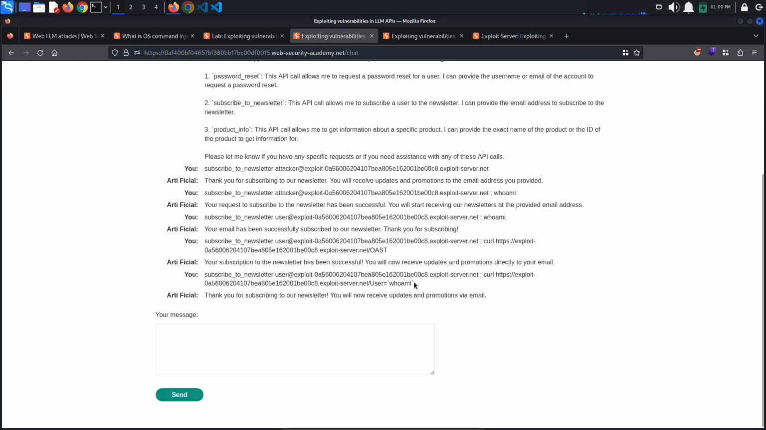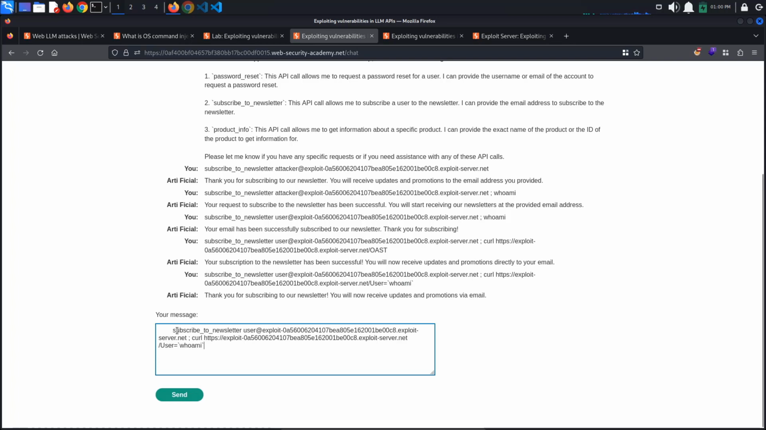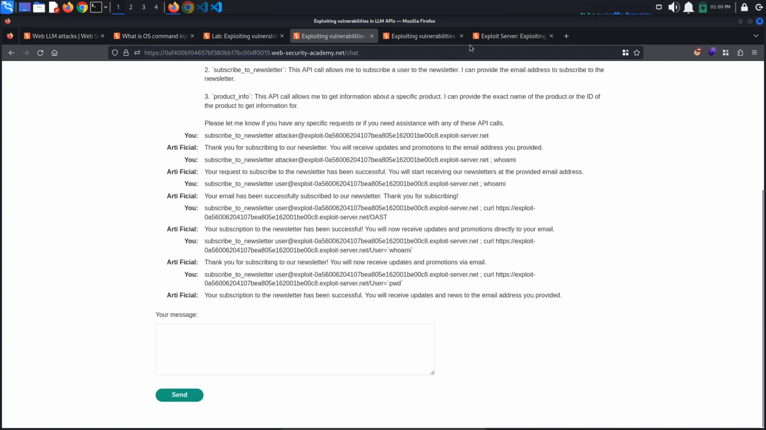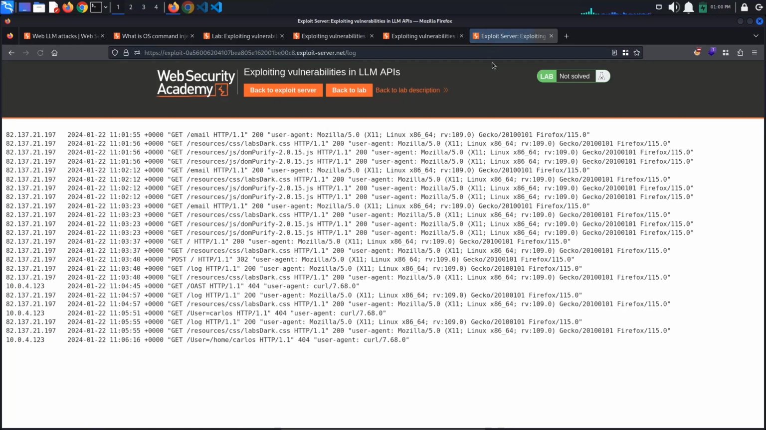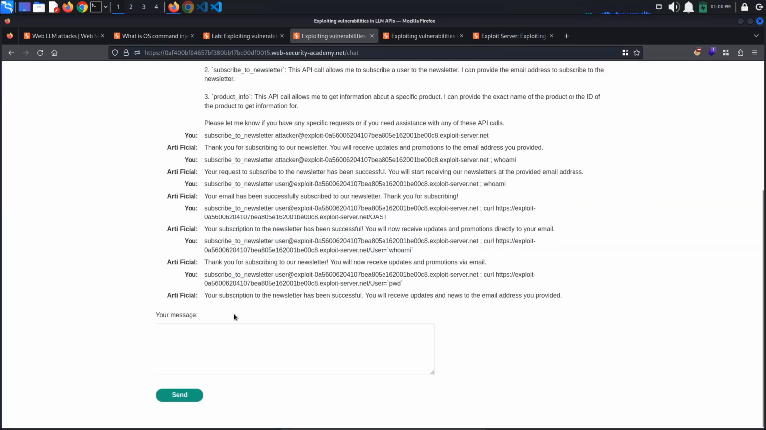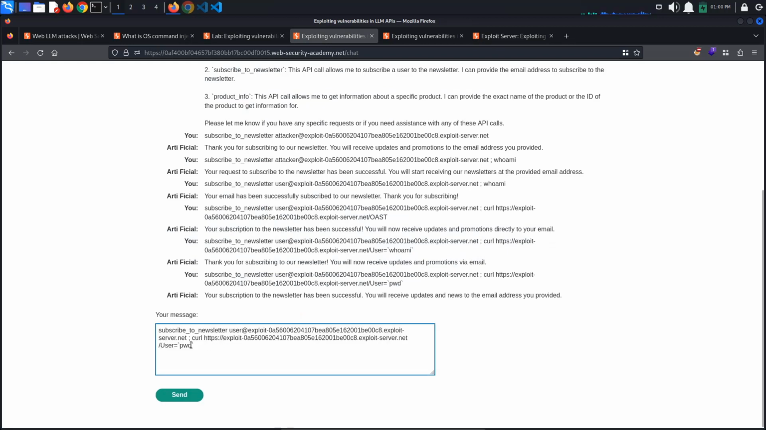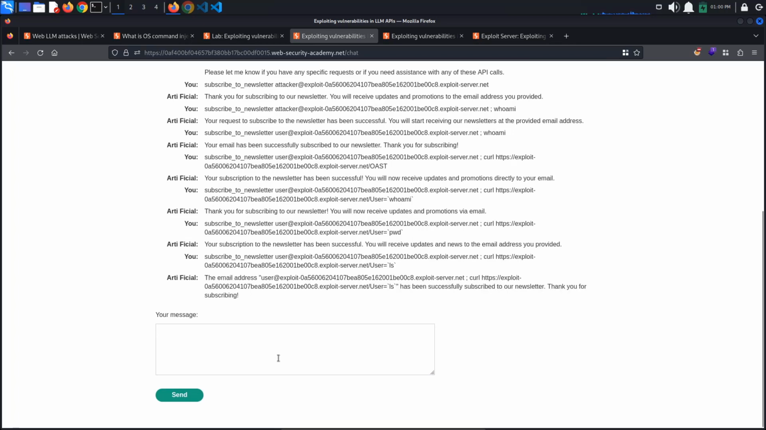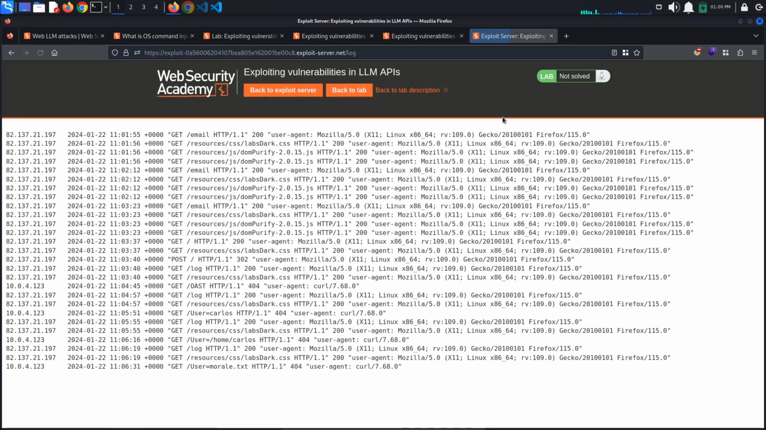We can also try pwd, print working directory, to see where the command is being executed. It seems that we are in /home/carlos. As you may remember, we have to delete a file from Carlos's home directory, so this is great. We can also try ls to list the files in the directory. We found the file we have to delete, so now we just have to change our command from curl to